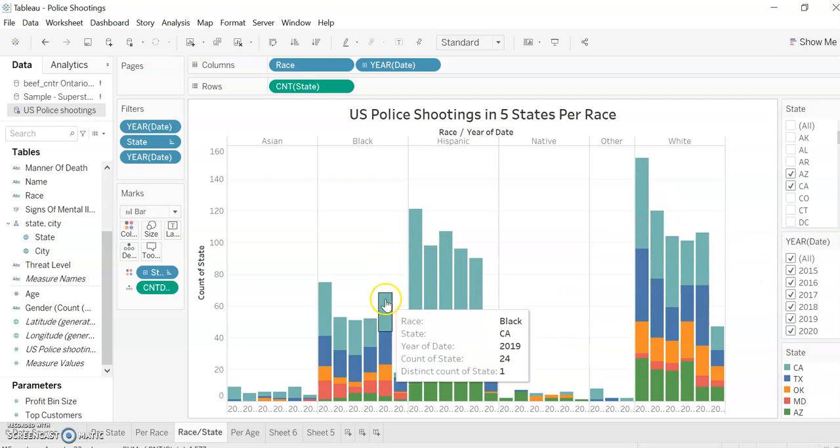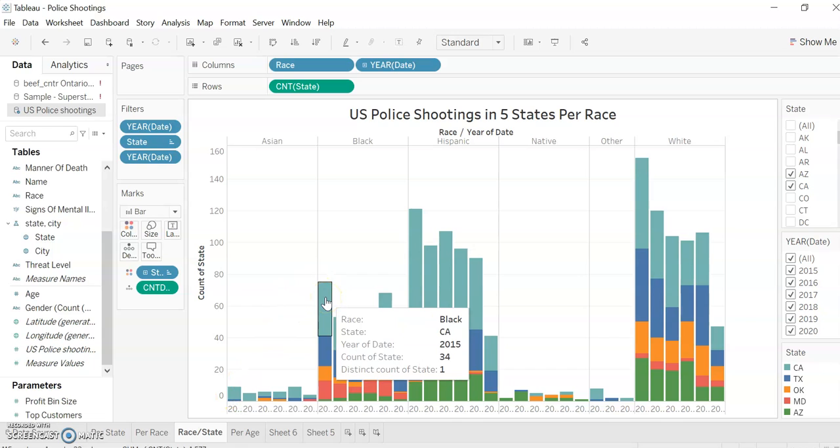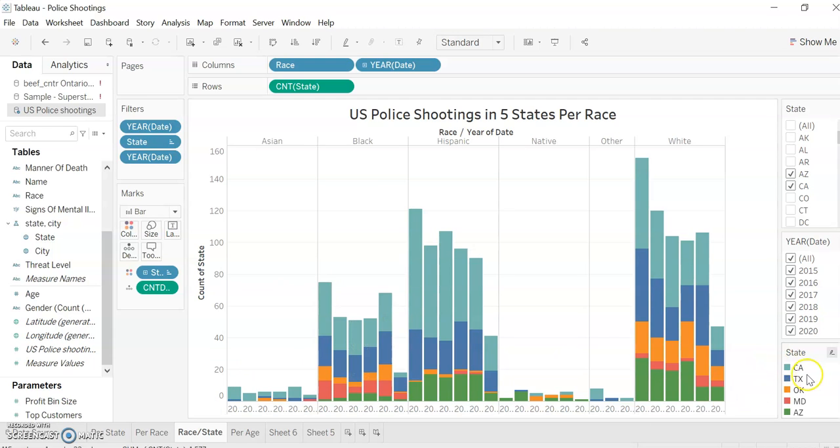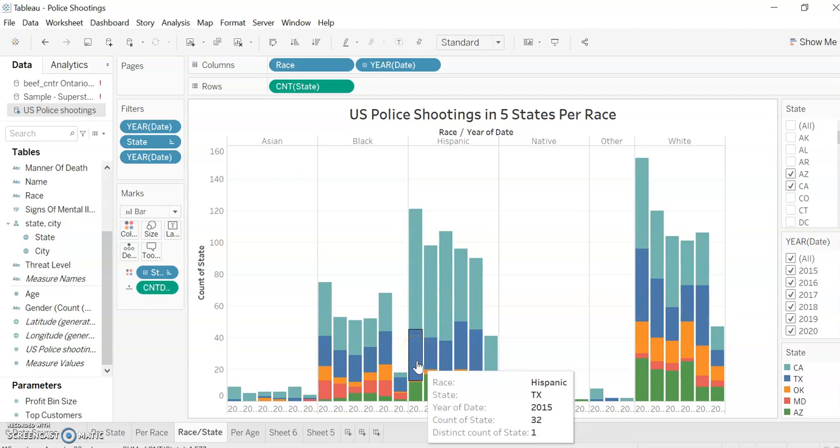For example, across board, you see that it happens much in California. California is represented here in this light green color. In California, we see that the Hispanic people are highly affected. In 2015, we have 76 people killed, and in 2016 down to 32, and then 12 in different states. I beg your pardon.